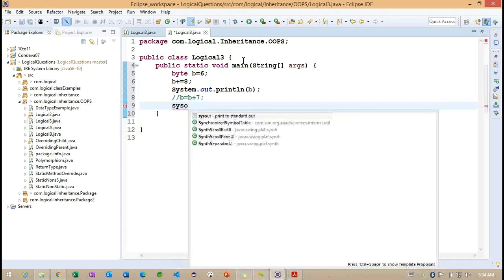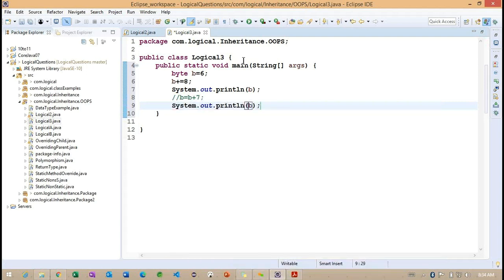If I print this simple example, what values am I going to get? Can you please explain, if I enable this commented section, what outputs we are going to get for line number 7 and line number 9?